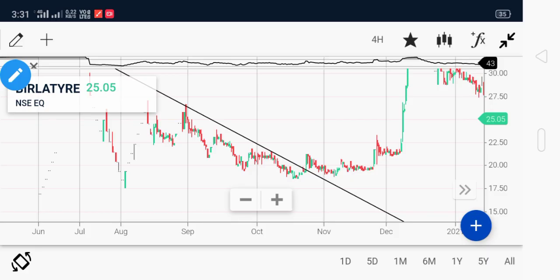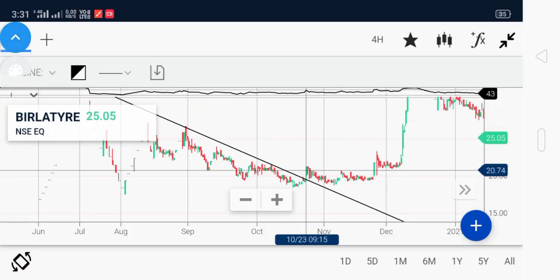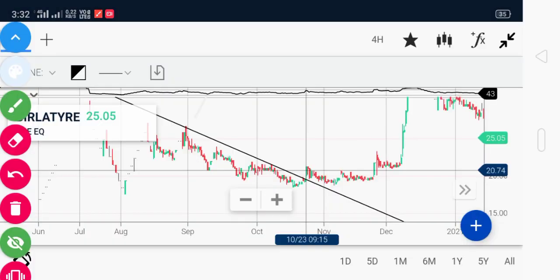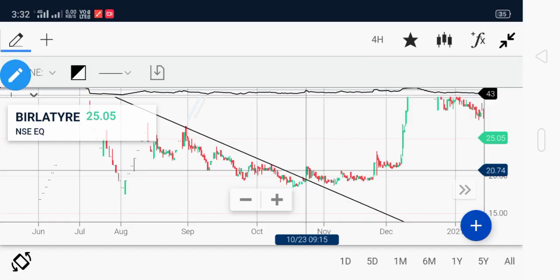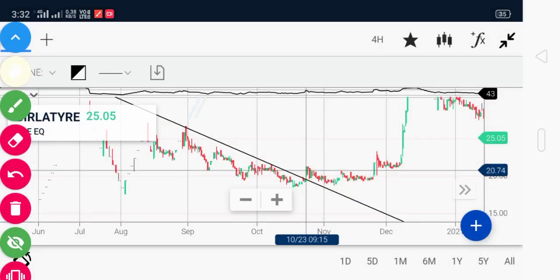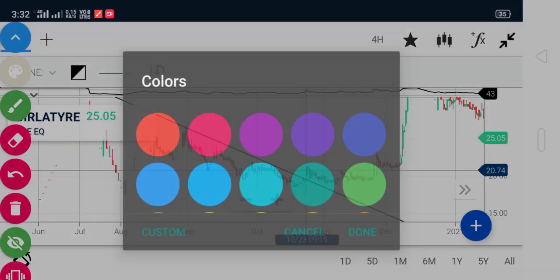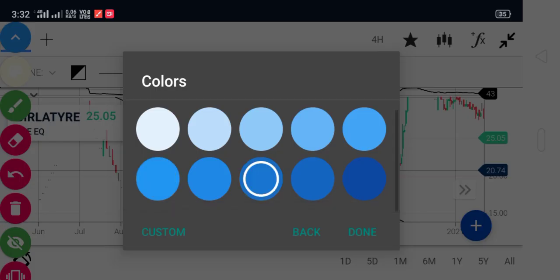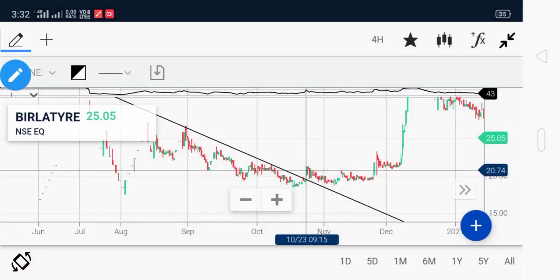So if I place a resistance line here, then you all will be able to see the price went down from the resistance. Sorry, I will change the color once. Okay, let's go to blue color. Okay, so if you see the price, it's not blue. Why is it yellow? Yeah, now it's done. See, the price came down from that resistance line once,